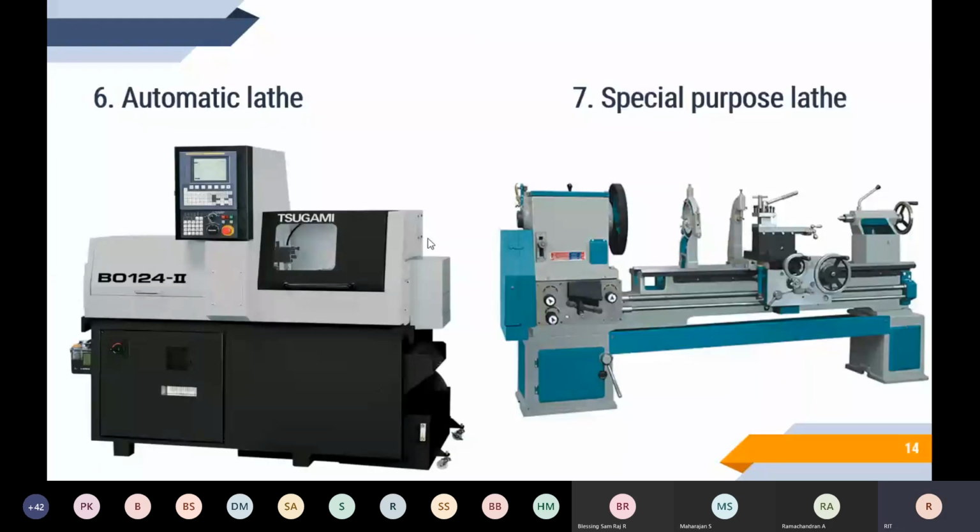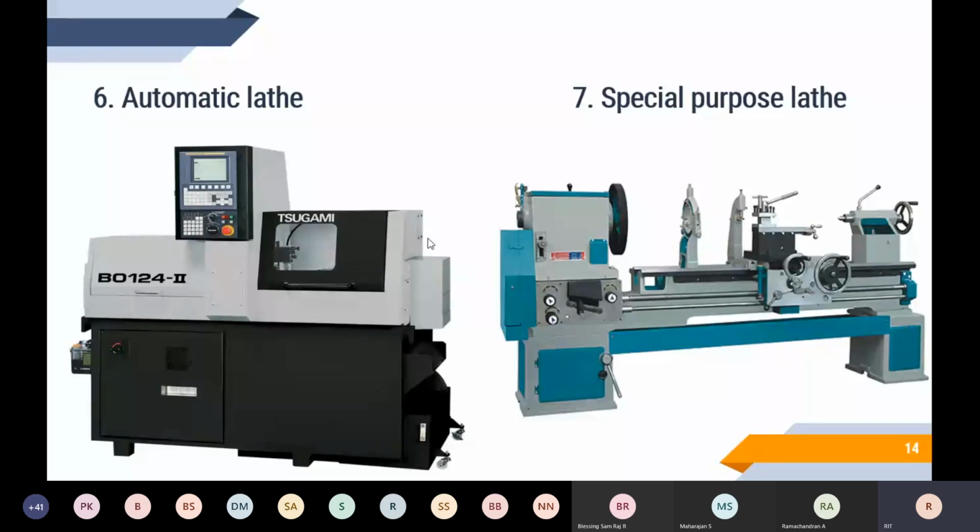And then automatic lathe. It's a lathe whose actions are controlled automatically. All electronic control lathes are automatic, for example, CNC. The loading and controlling works, coolant on/off are also done automatically. High speed heavy duty lathe, which is used for mass production, will be controlled by CAM, CAE. So it is controlled by a single computer, and we can control multiple machines. That is purely automatic. Nowadays the industries are using this type of machine for mass production.